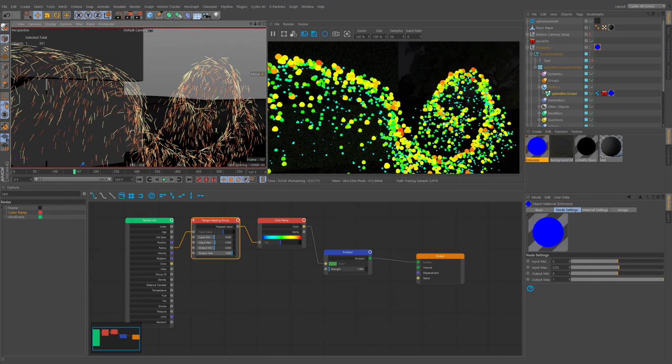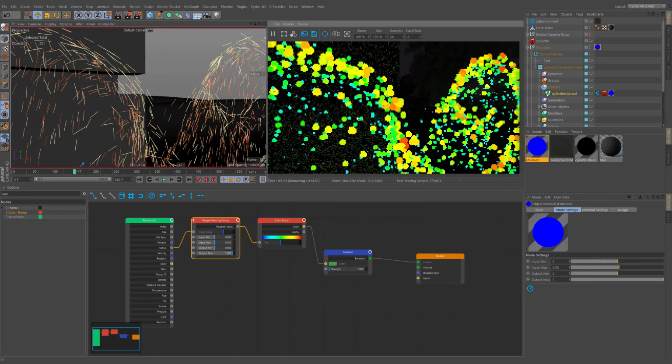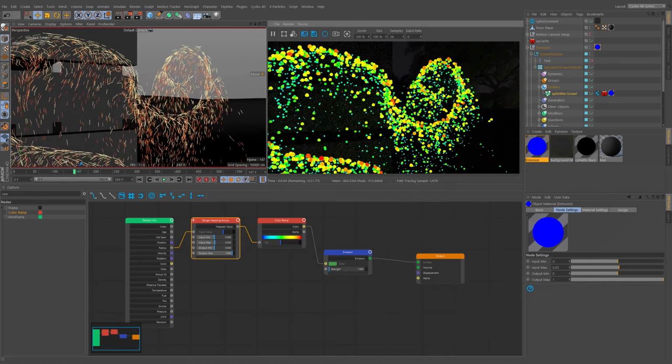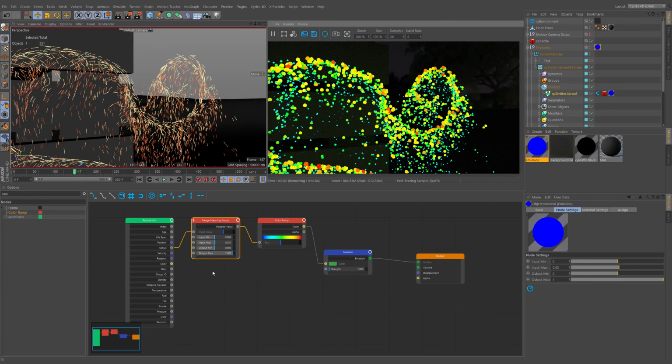in Cycles, and we can see we're actually getting the red value. So the largest particles are showing as red, and the smallest ones, even though they're obviously going to vanish from our scene, are blue. Now, just to show the proof of concept is working here, if I change the output,